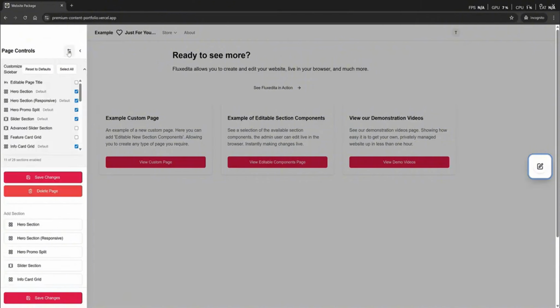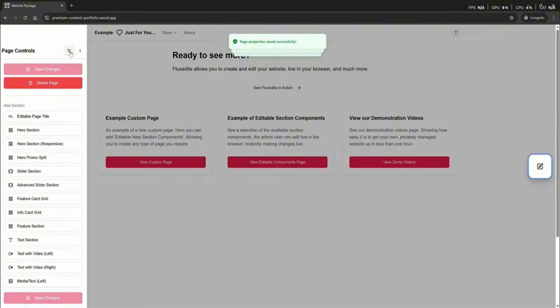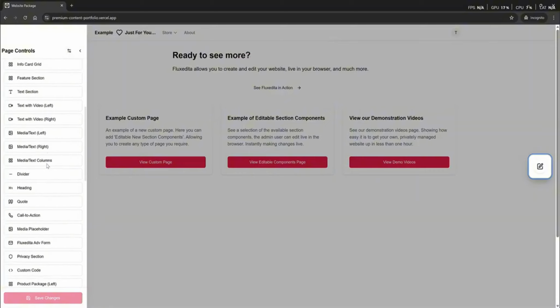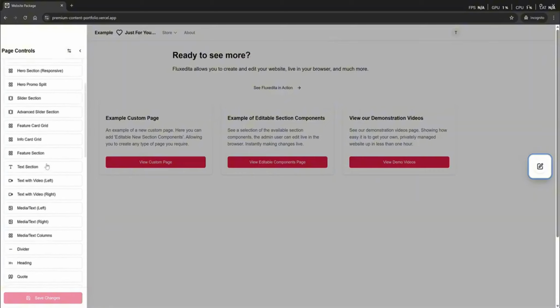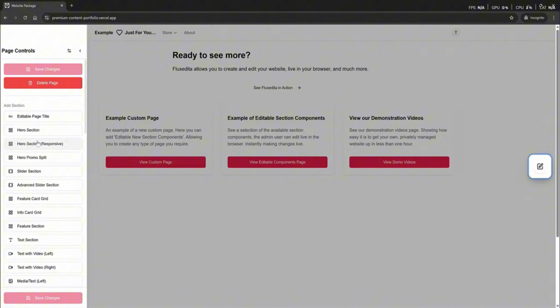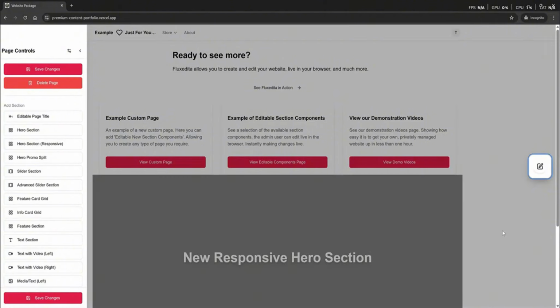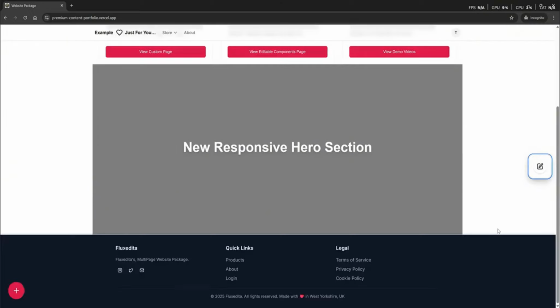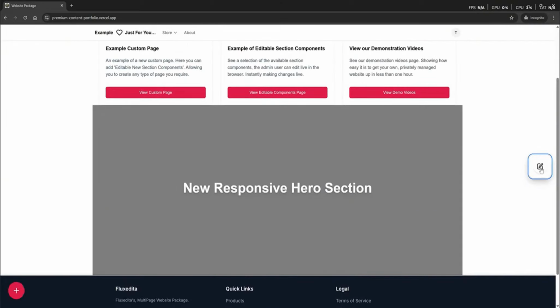Indeed, we can click on the page control tabs here. I will select all just to give us an idea. And then I can save my preferences. Excellent. And I can close that top part of the page controls, and you can see here now, I have all of the available sections. All I'm going to do here is enter a simple hero section for demonstration. And you will see now, there's a section at the bottom of the page,